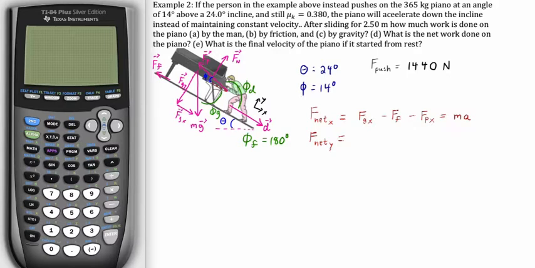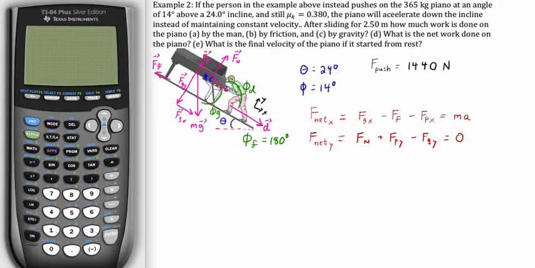In the y direction, we've got the normal force pointing up, and then we've got a component of the pushing force also pointing up. That's Fpy. And then we have a component of the gravitational force pointing down, which is Fgy. This is going to sum to 0. All right, so now let's solve for our normal force, because we have that the force of